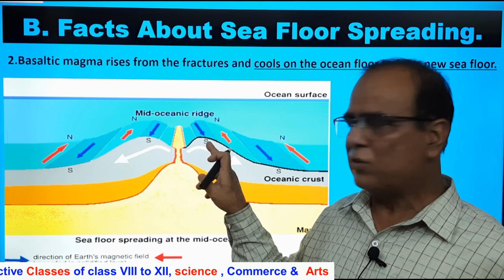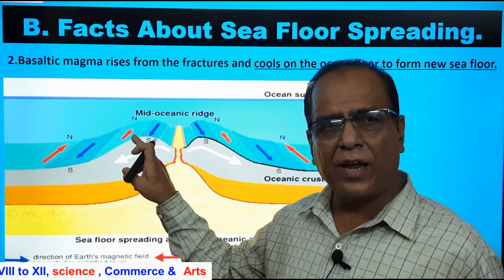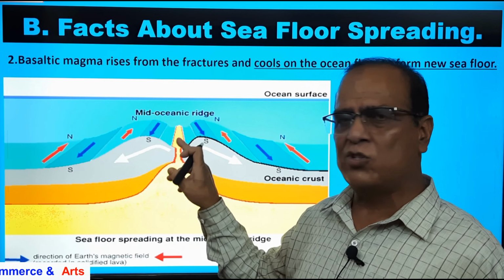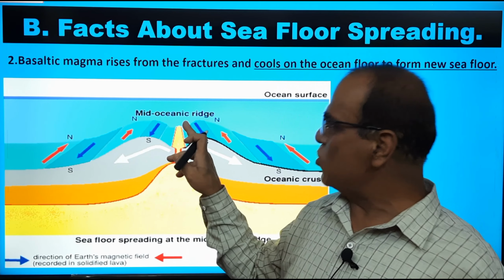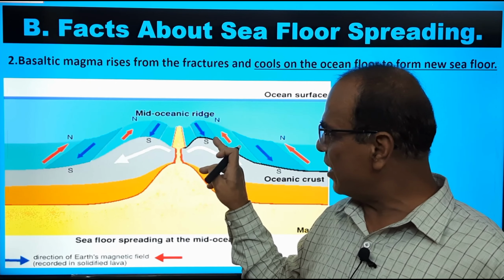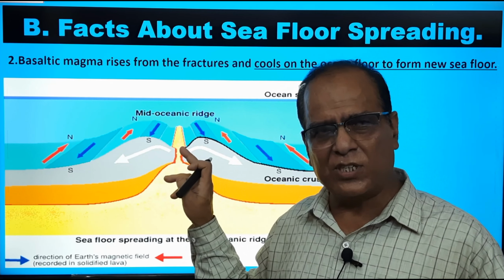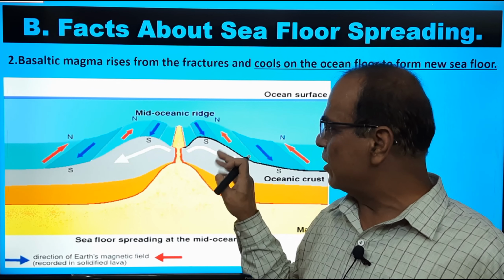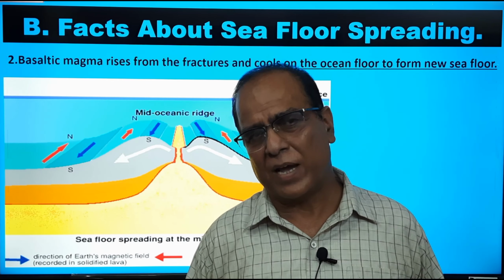Probably you see here, S denotes South Pole. Here we are finding N, and N denotes North Pole. So at a point in time when this material had originated here, it had captured the magnetic field, and at that point in time the magnetic pole was towards this side. But in this case, when it had originated here, it had captured the magnetic pole, its presence, and at that point in time South Pole was towards this side. So what we are finding, you see, is that there has been a reversal of magnetic field.